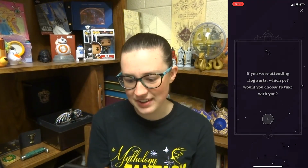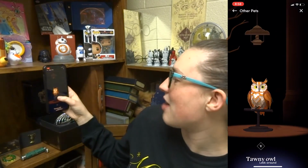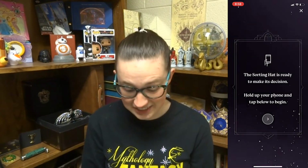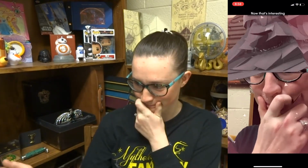Oh, loading. A lot of times it loads before the pet question. I don't know why, but that's like the one it loads before. Tiny owl. I forgot to hold it over here so I wouldn't have to go so far over there. Heads or tails? I've got tails. Let's see, is it this one? It might be this one. That one seemed less Ravenclaw than usual, so that one might actually be it. Honestly, one of the things I don't like about this...